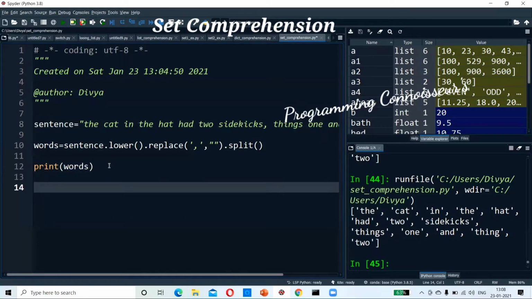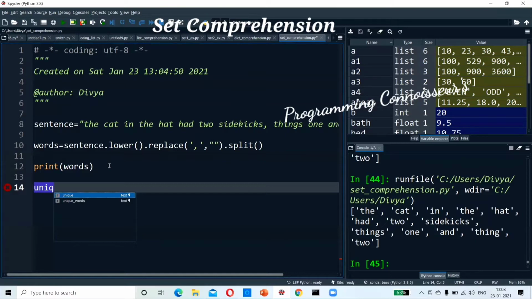We'll not write a for loop. We'll do set comprehension for that. Normally with a for loop, it will be difficult. You need to loop through everything and check whether it is present in the list or not. So rather than that, we'll prepare a set comprehension whose length is greater than 3. Then it will be correct.